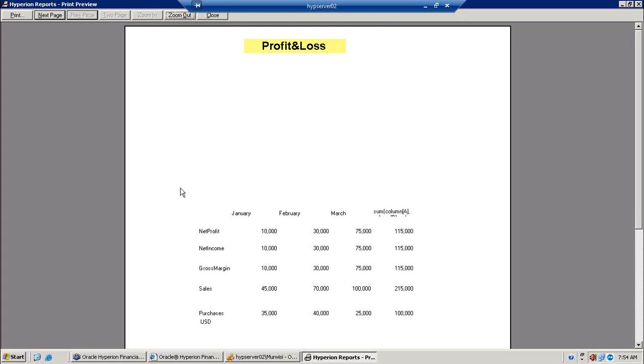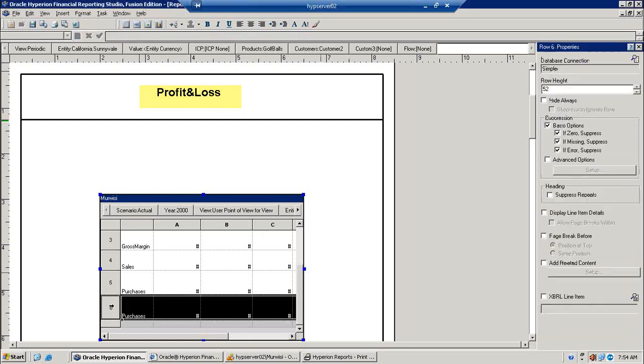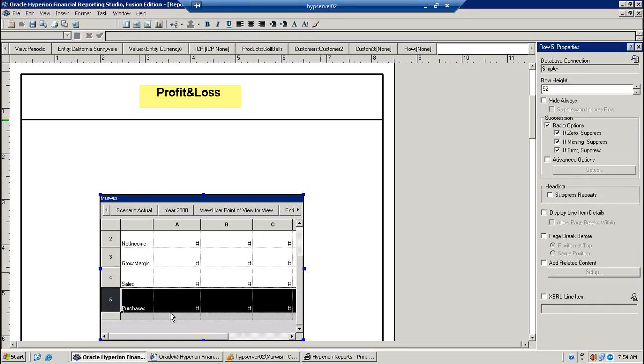Okay, so let's go to Financial Reporting Studio. We have given the custom heading as sum, so that's why we can see sum as the name of that particular row. Now I'm going to use the allow expansion feature. What is this allow expansion feature? So delete this row. Allow expansion is nothing but